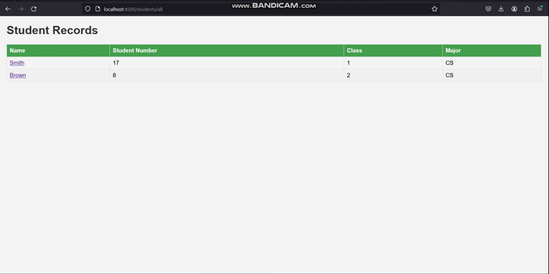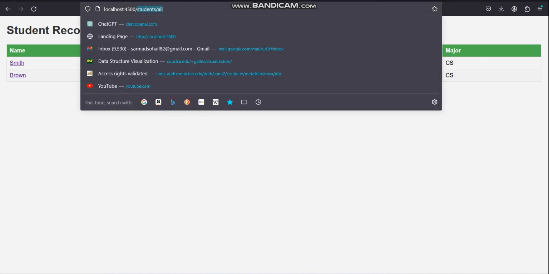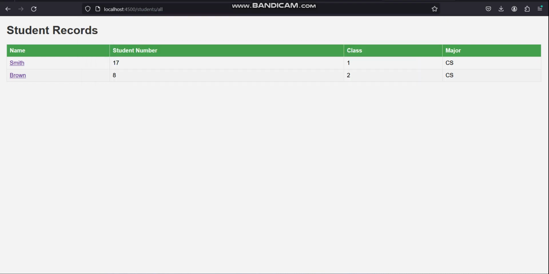Before I take you through the different features of the system, I'll first briefly discuss the framework and the architecture of the system. The system is designed on the Python Flask framework and is built on the MVC architecture. So we are requesting different endpoints and we are getting a response in return. Whenever we request a particular endpoint, it retrieves the data from the database and